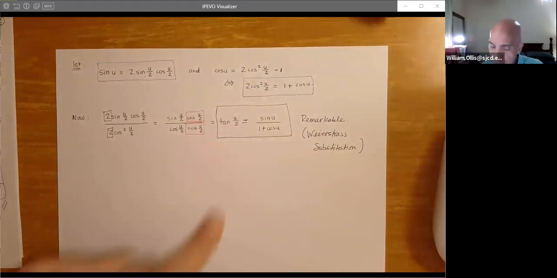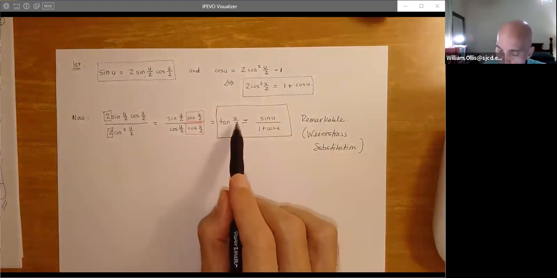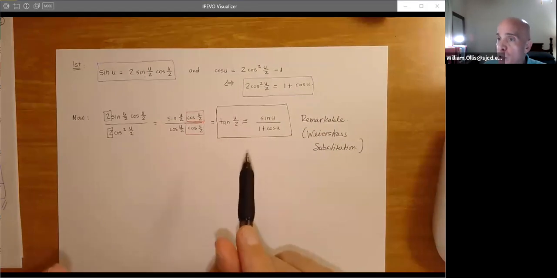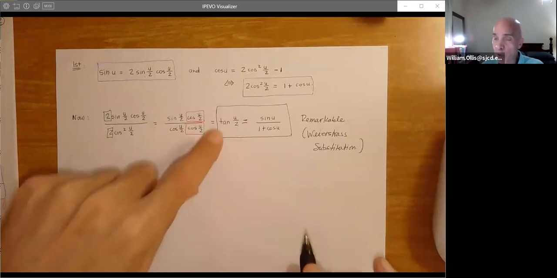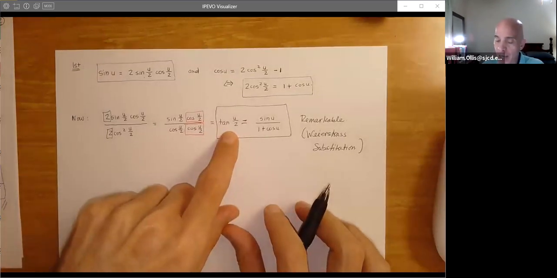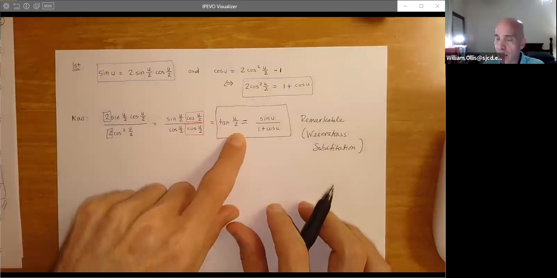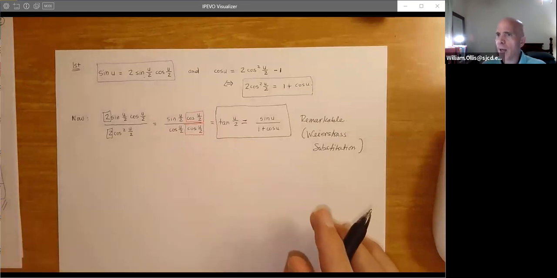So what's nice about this is that we can use the same setup here. We can use, for instance, if we've got pi over 4, we know that really well. That's on the unit circle. So we could divide that by 2. Pi over 4 divided by 2 is pi over 8. Get an exact value for tangent of pi over 8. You see, that's the same setup. And we're thinking, amazing. We're getting all these exact values just for free.